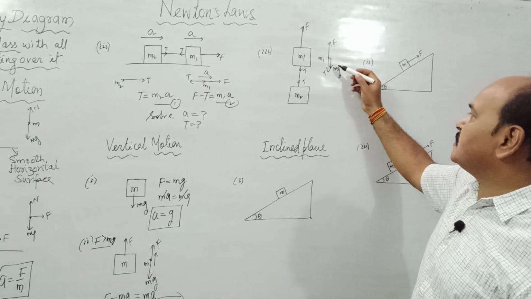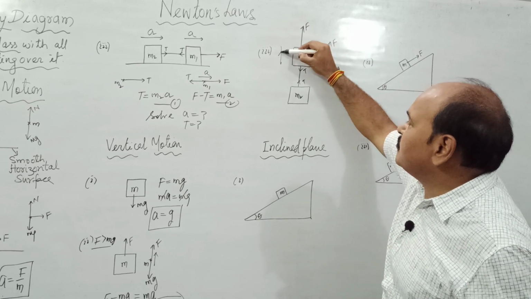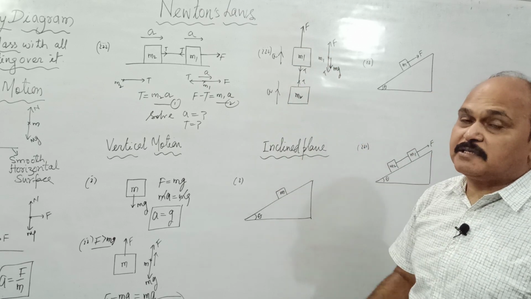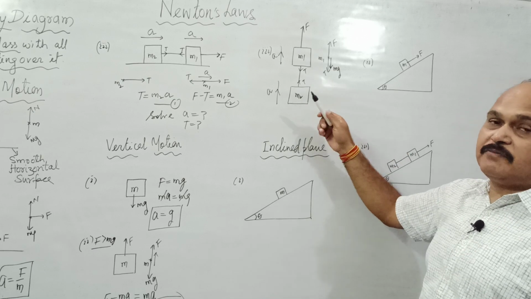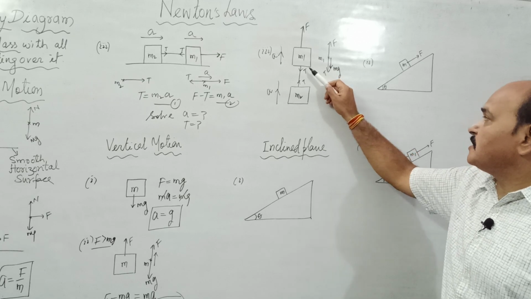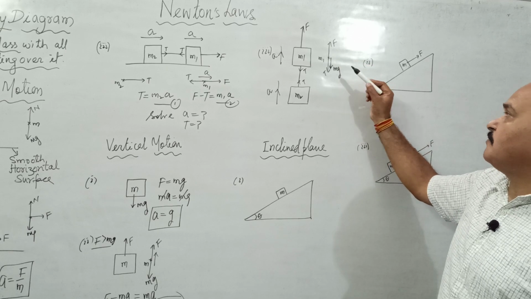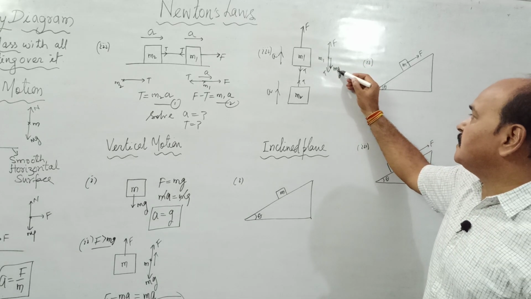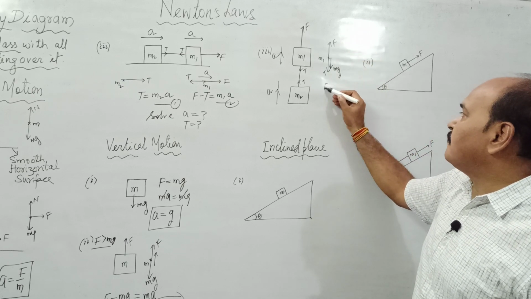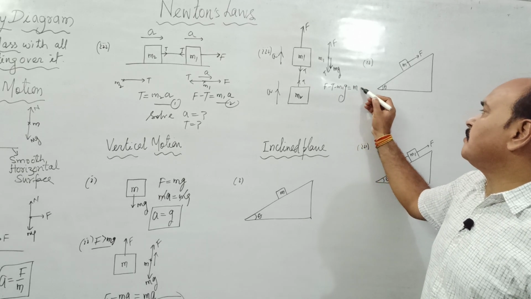So in spite of these two forces, if we apply force F, both the masses are going to move up with the acceleration A. Both the masses are going to move simultaneously with the same acceleration. Why? Because the string they are connected with is inextensible. Net force over this is going to be what? Algebraic sum of all these three forces. F is the force F, and T and mg are the forces in the downward direction. So what is net force? Net force is going to be this minus this. So net force over this is going to be F minus T minus m1g, and that is equal to what? Mass of the body into its acceleration.